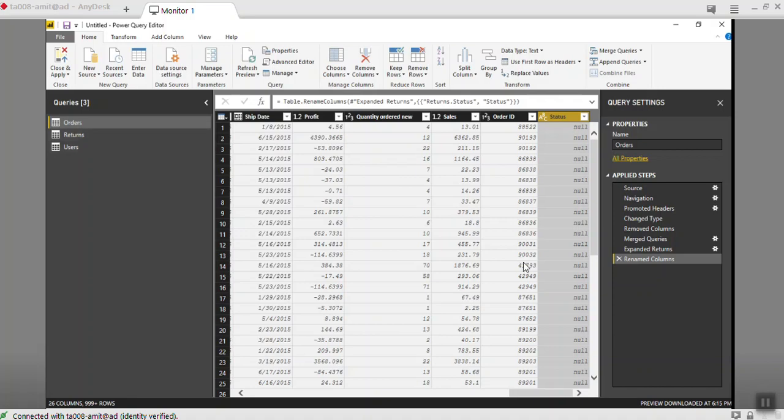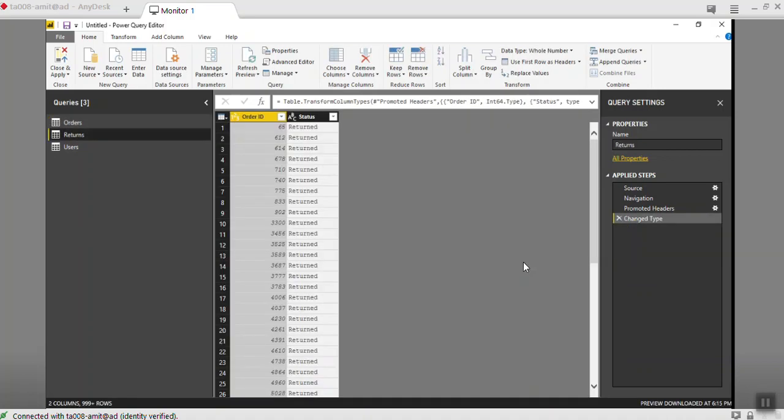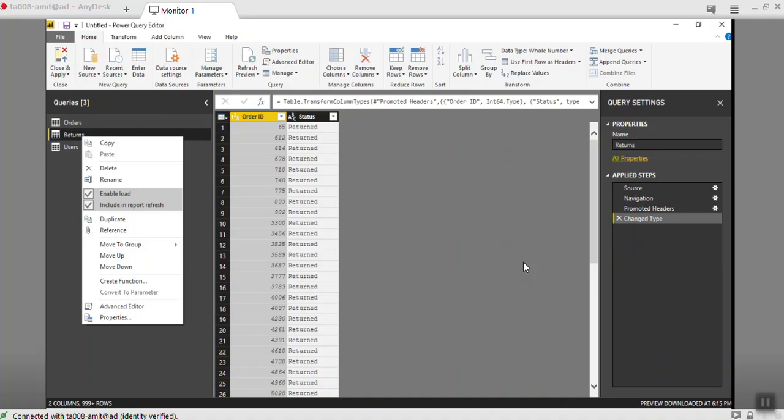Now since you have merged this particular query, you don't want it on the front end because you have the results in the first query itself. So what you can do is uncheck this option, include in report refresh, which comes after right click.